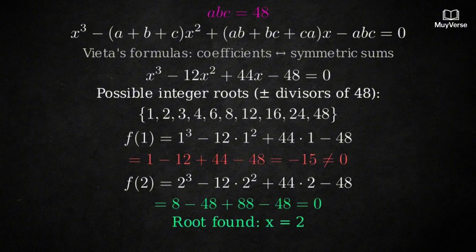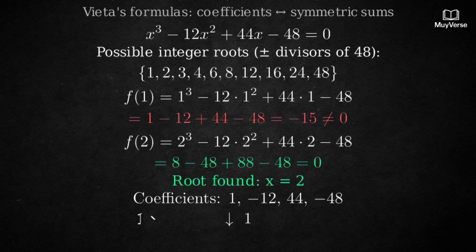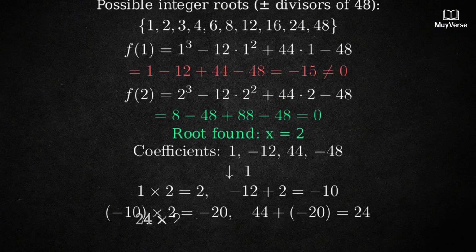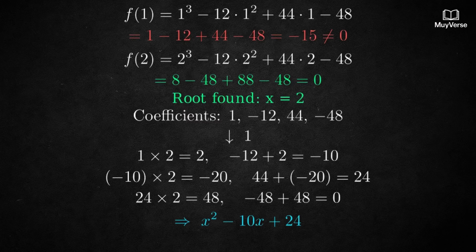Now solve x squared minus 10x plus 24 equals 0. We need two numbers that multiply to 24 and add to 10. List factor pairs of 24. 1 and 24, 2 and 12, 3 and 8, 4 and 6. Only 4 and 6 add to 10. Therefore, the quadratic factors as (x minus 4) times (x minus 6)